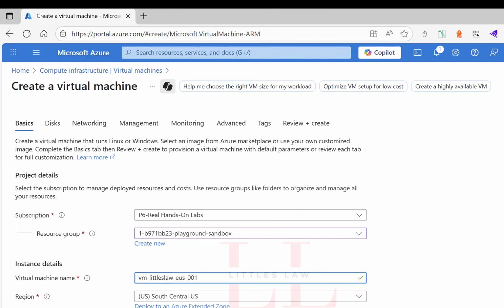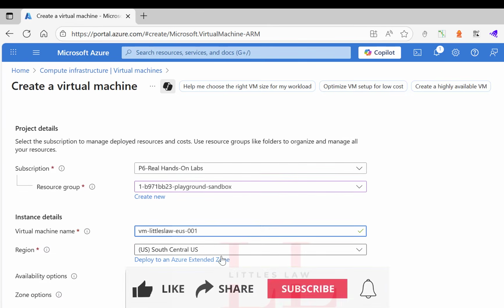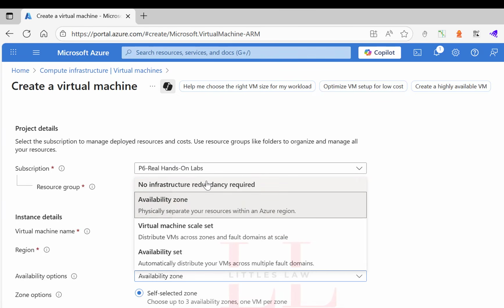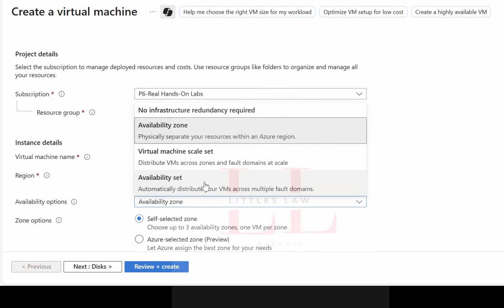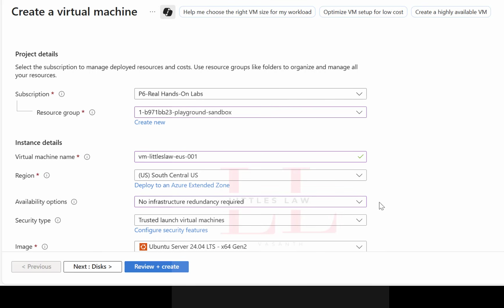Now I'm going to enter the region. In our case, I'm going to keep it as South Central. In the availability options, there are three choices. One is no infrastructure redundancy, which is the cheapest one and good for dev and test. Then we have the availability zone, which protects against data center failures. And then we have the availability set, which ensures the VMs are distributed across fault domains. In our case, I'm going to choose no infrastructure redundancy required, because this is just for development and testing. And then in the security type, I'm going to choose the